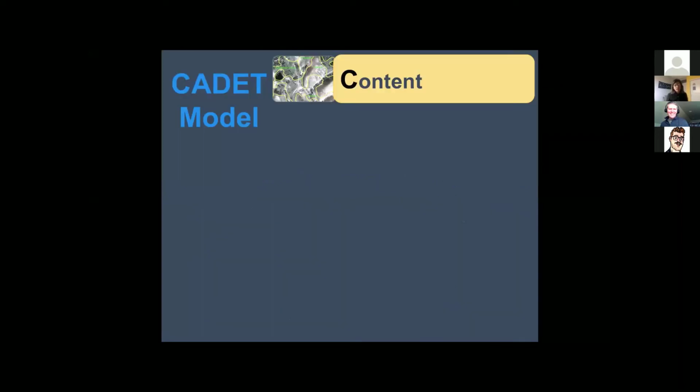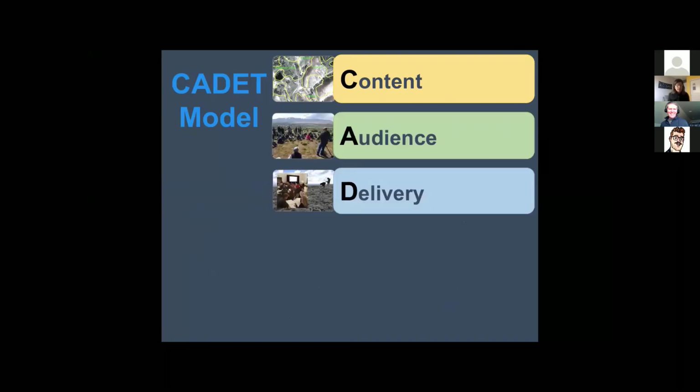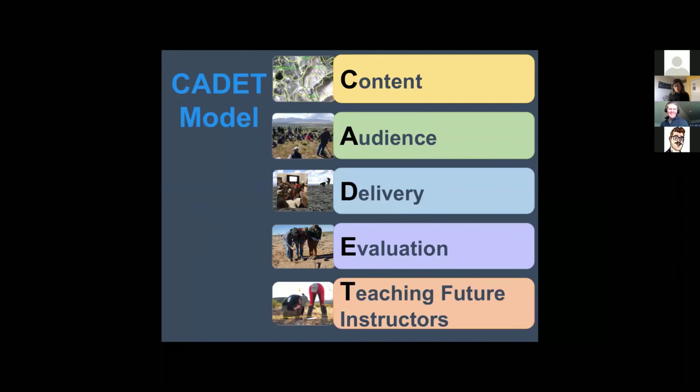So we've developed a 5-step process called the CADET model, and it gives you instructions on first how to develop course content, how to determine who your audience is, how to select suitable materials and delivery methods, how to develop evaluation metrics for student learning, and then finally how to teach future instructors. So of course, I'm going to go through these 5 steps very briefly, and you can find more information in